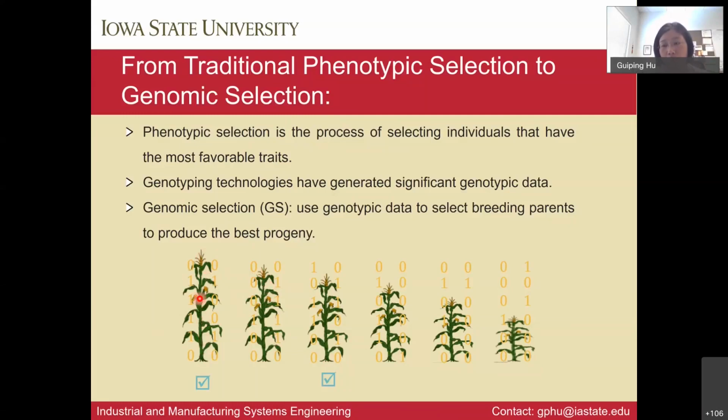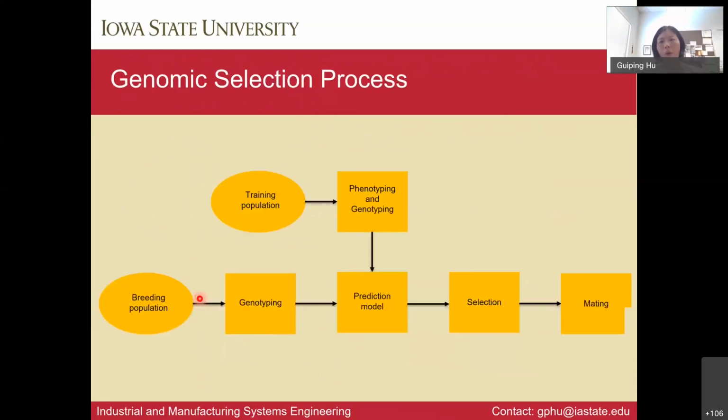But what we are trying to do is see if we can improve upon this. That's what we are trying to do with simulation optimization. In the typical genomic selection process, you have the breeding population genotype, and you put that into the prediction model. For the prediction model, you have the training population, you go through the process, and you have a reasonably accurate prediction model. I also have some work on training population selection, with some optimization techniques, but again, that's not included in today's talk.